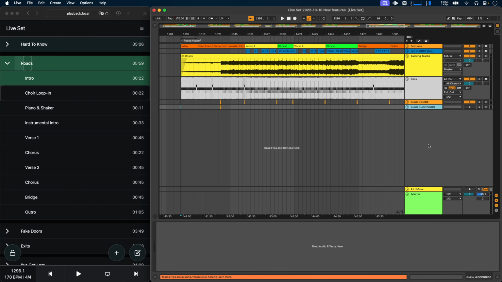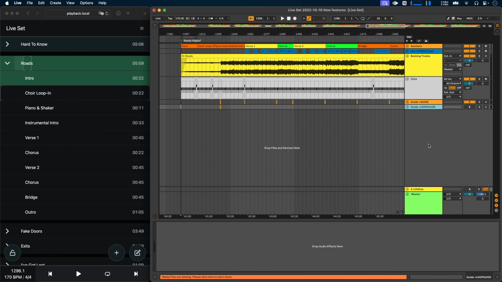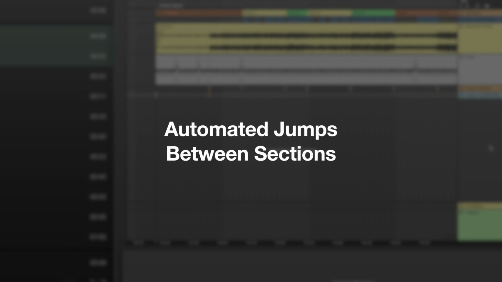Hey, this is Leo, and in this video I will show you the most important new features in AbleSet 2.5. The first and biggest new feature is the ability to define that AbleSet should automatically jump to another section when